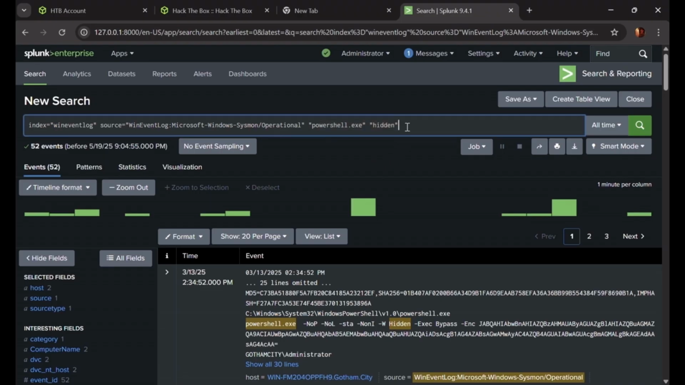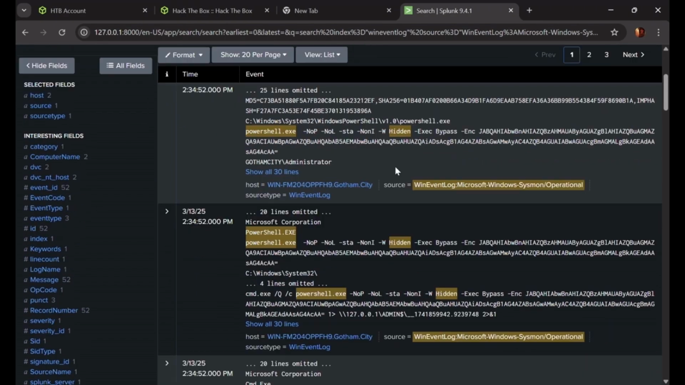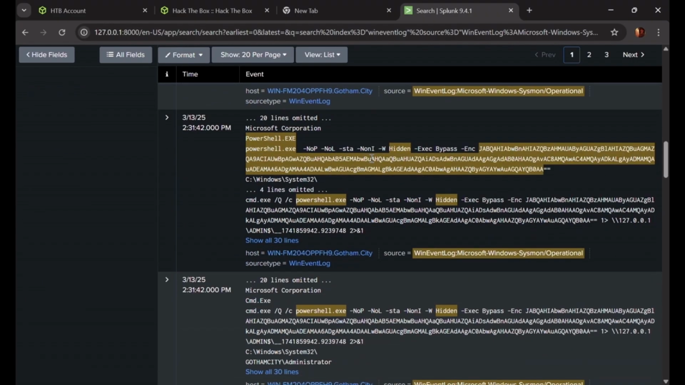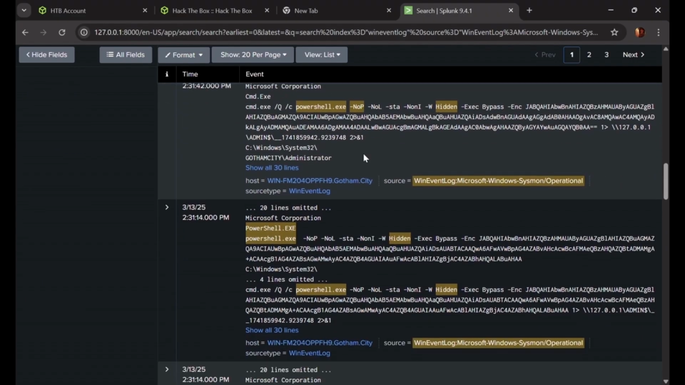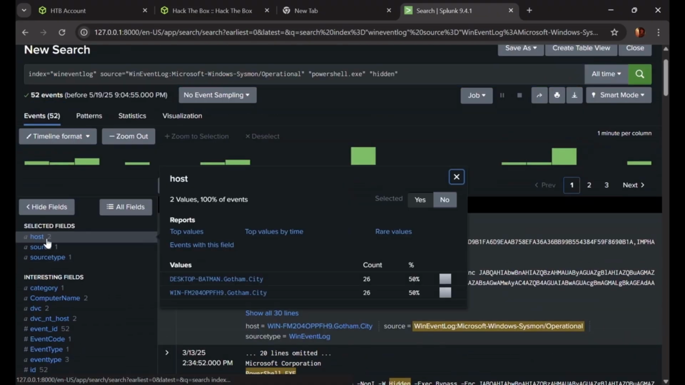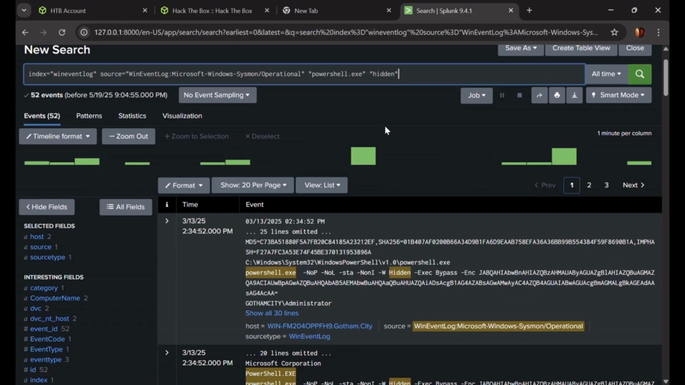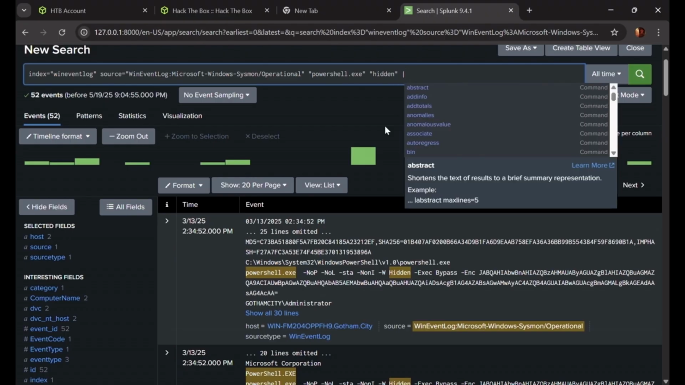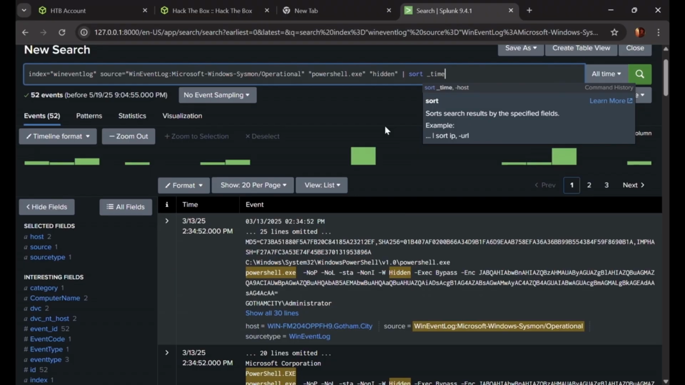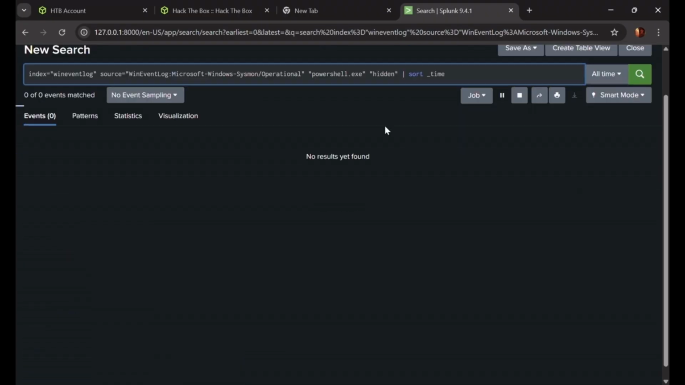Okay, so when we do this, we see a lot of suspicious events happening that are logged in the event log. We also see that there are two hosts, two computers, that are running this. To get the first computer that executed this suspicious PowerShell activity, we will just do sort _time to list them in a